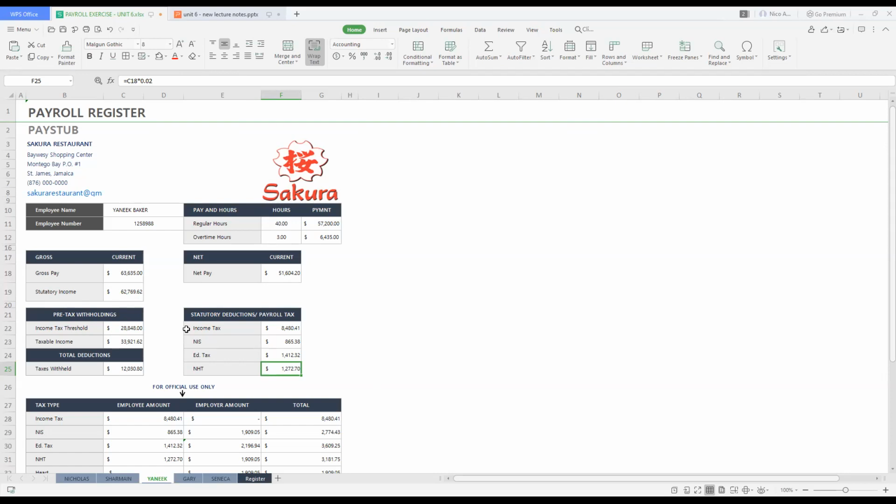So all we need to do now is take away the $28,848 from the statutory income of $62,769.62 to get the taxable income. And the taxable income would be $33,921.62. Then we just find 25% of the taxable income of $33,921.62, and that should give us an income tax now of